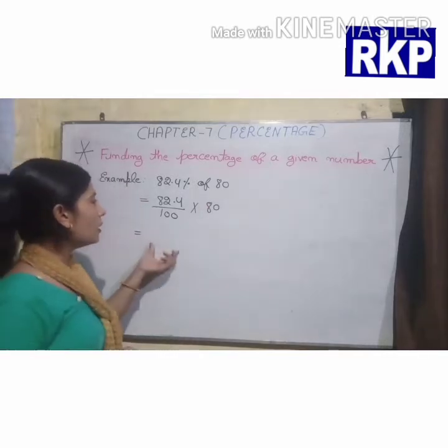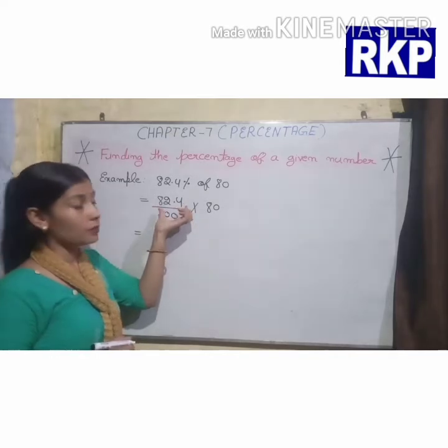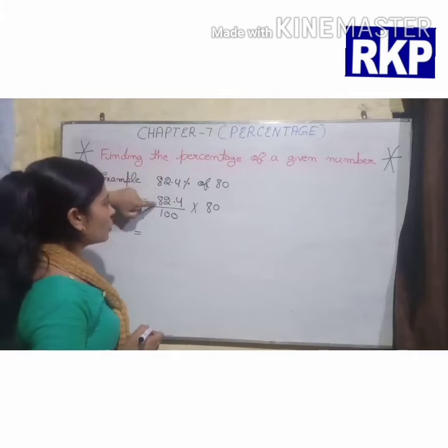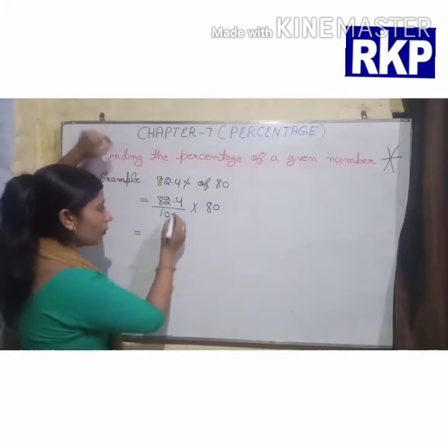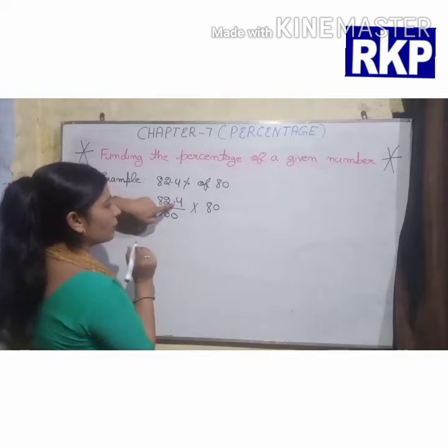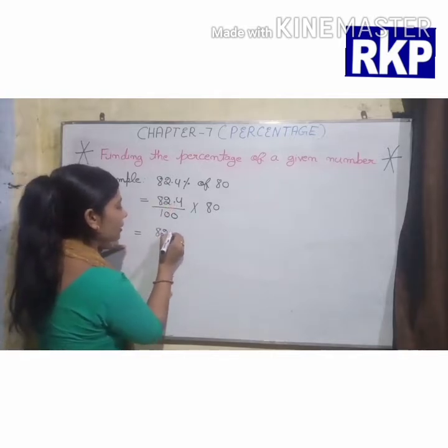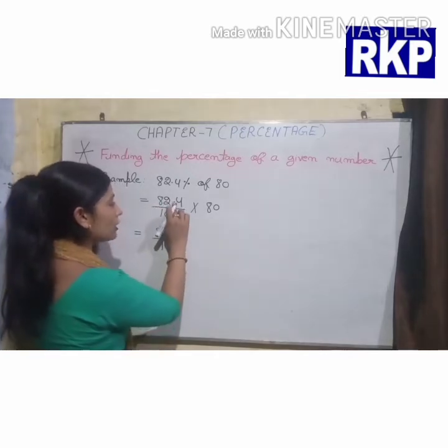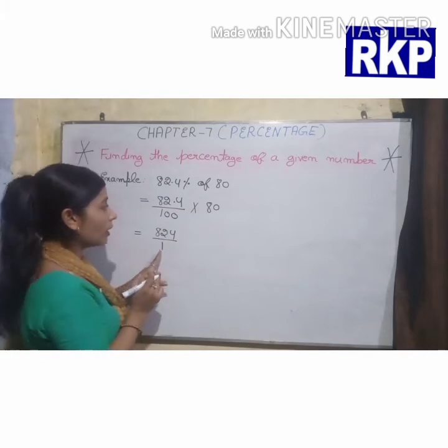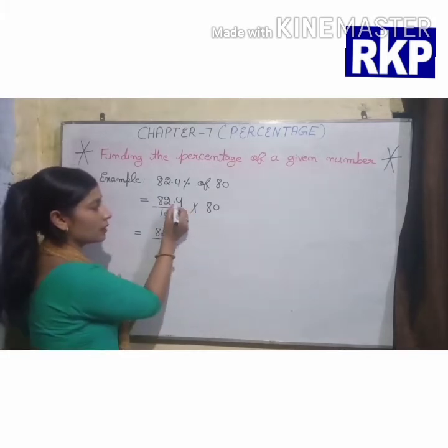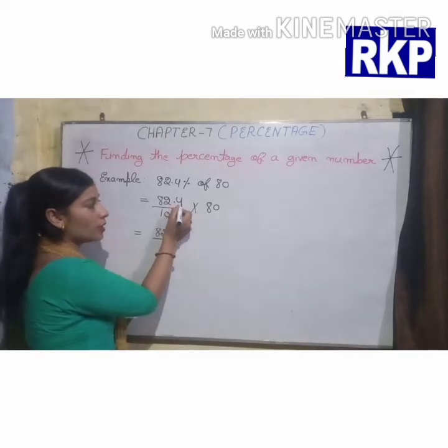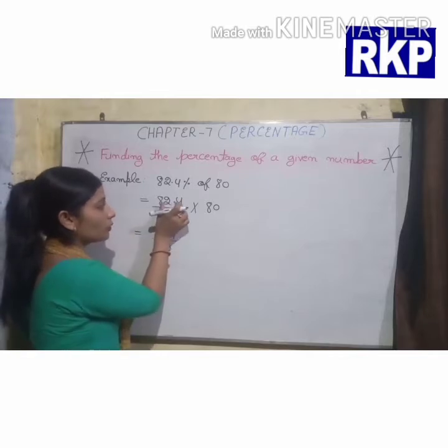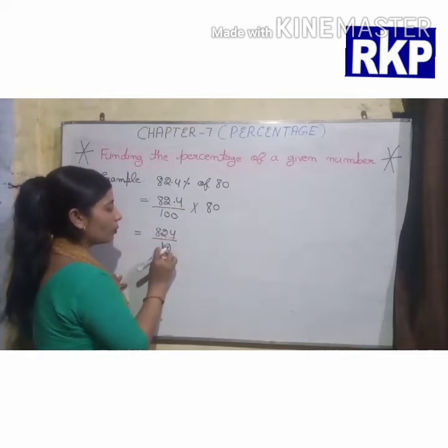Now beta, here our numerator is a decimal number. So first of all we need to convert this also into a fraction. So here 82.4, at the place of this decimal point we have to write 1. 824 as it is. And now we have to count the number of digits after the decimal point. So here we have only one digit, so here we have to write 0. Means 82.4 is equal to 824 by 10.